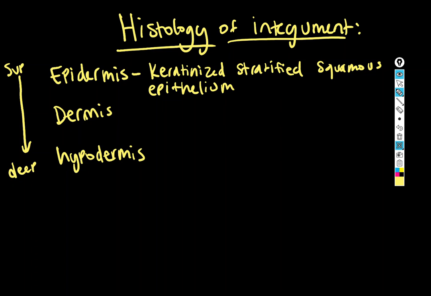So keratinized refers to the fact that there is a hard, cornified, and dead outer layer of keratin, and that keratin comes from the keratinocytes that make up the epidermal layers below it. And this is why you're needing to exfoliate because your epidermal cells are always turning over. They're highly regenerative. Below that is the dermis, which is a mixture